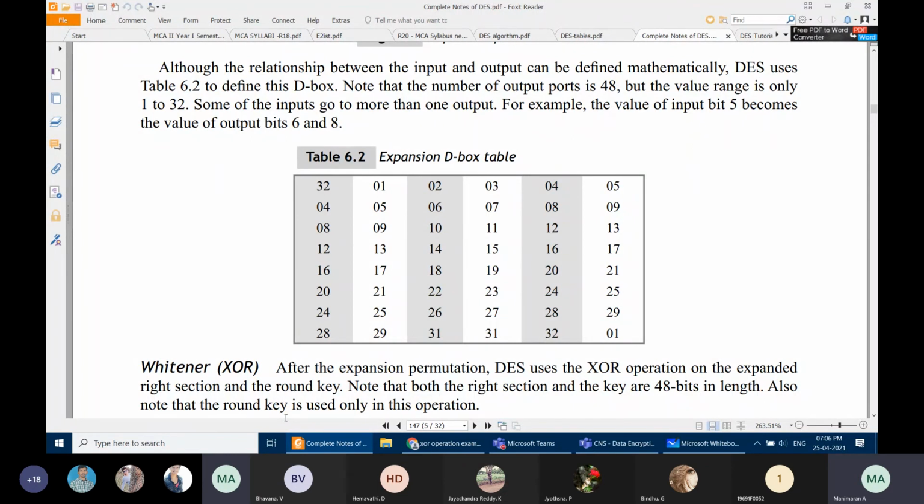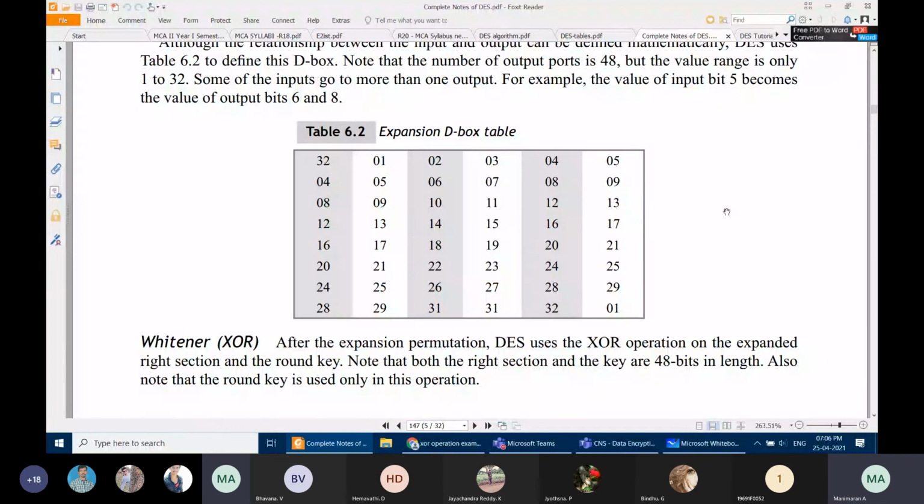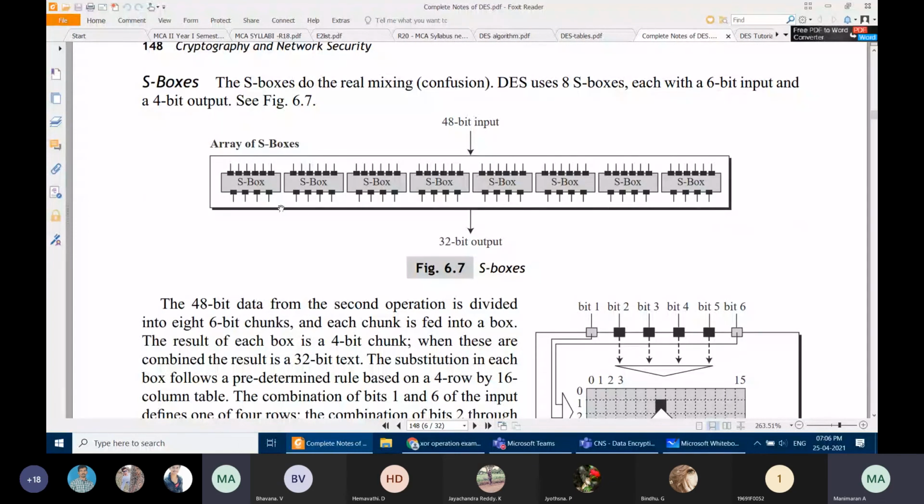Now, on the key side, what are we using? Contraction, compression we are using. Compression means we are giving input as 56 bits and we are getting output as how many bits? 48. Very good, excellent. 48 bits. So how are we reducing? We will go there. This S box I already explained to you.